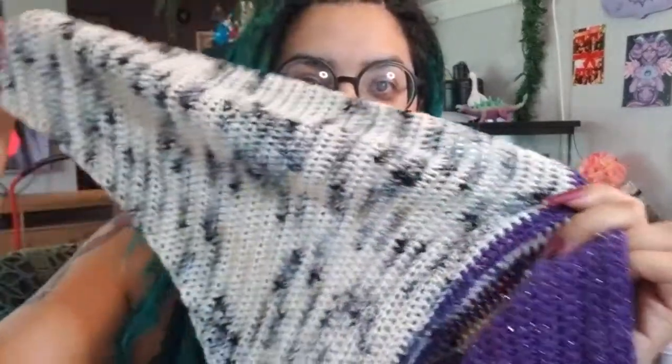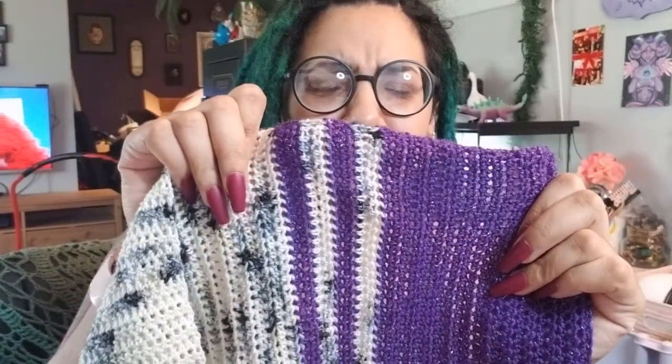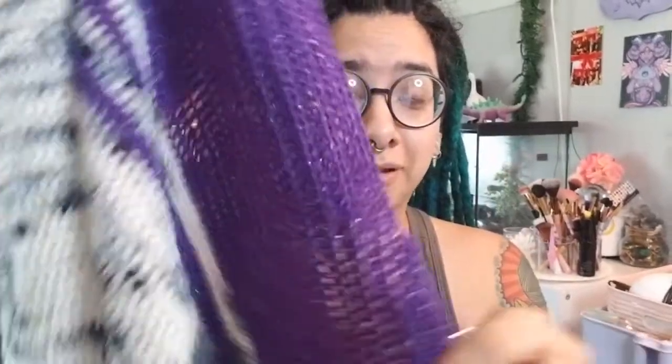Not for a moment. So we finished the first solid part of the shawl, the stripe section, which I thought would be longer. That seems odd. We're almost done with the second stripe section. I'm on row 88, and I think I have to go until row 91 or something. I'm a little scared